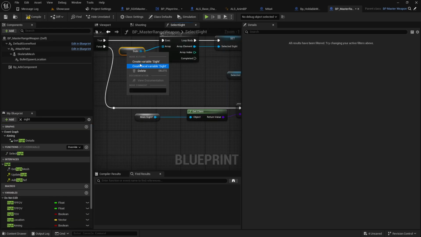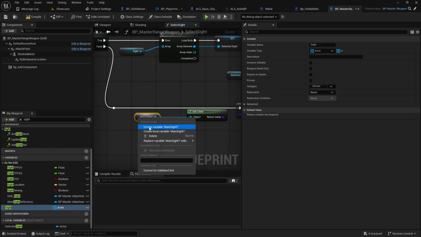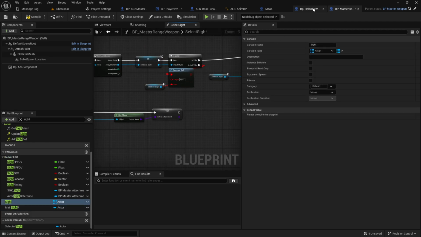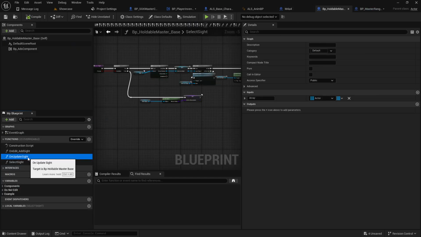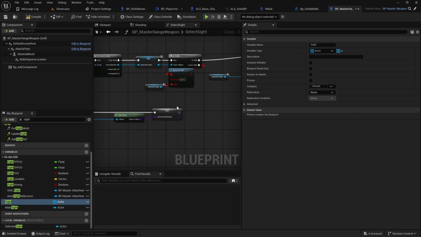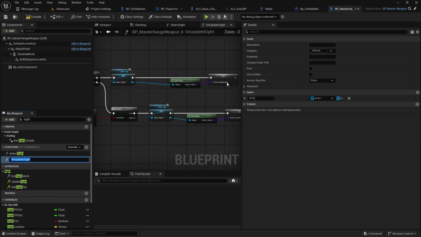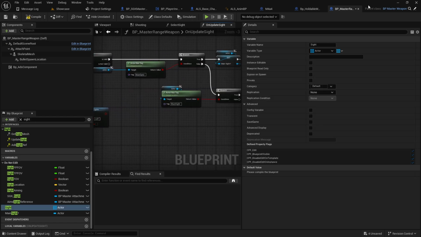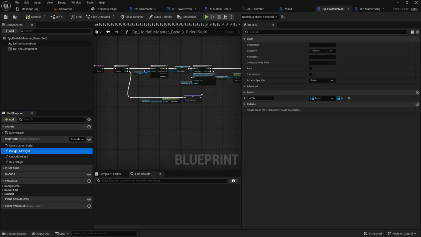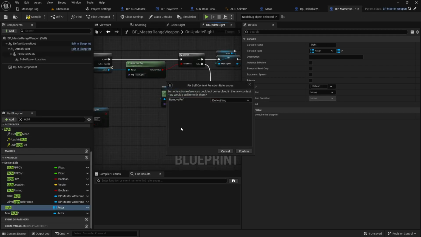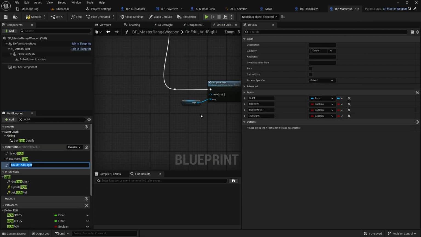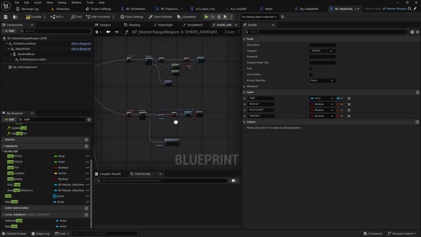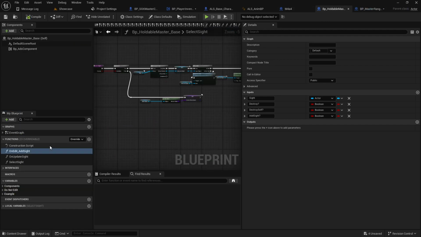And I create. And then I will go to update site. And I will create this. And then I will go on edit on add site. And once that is done,